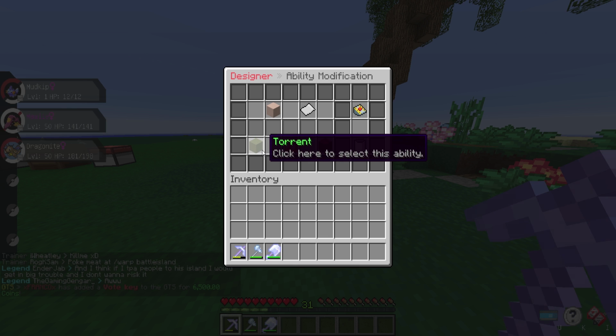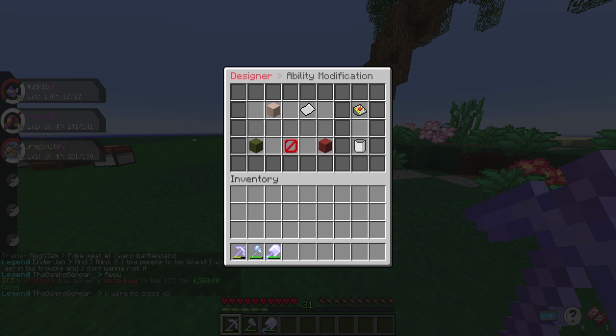So Torrent. Basically, the way Torrent works is if your HP drops below 1/3 of its maximum, then water type moves will do 50% more damage. So that's great for us. Mudkip, or rather Swampert, is going to have a ton of HP, especially because we put those EVs into HP. So we should have a pretty good section there where we'll get that bonus once our Swampert gets to low